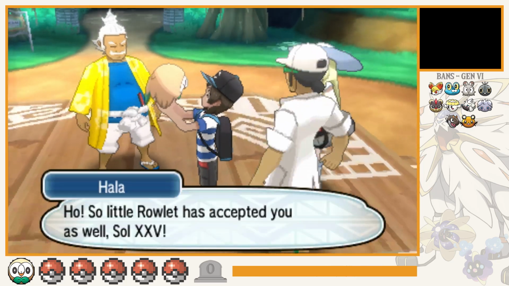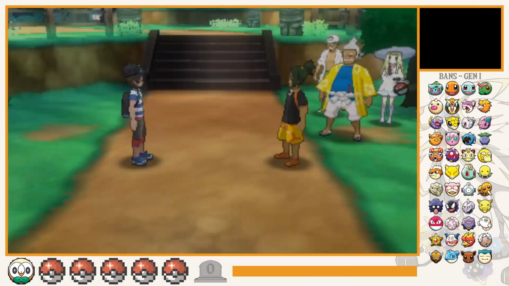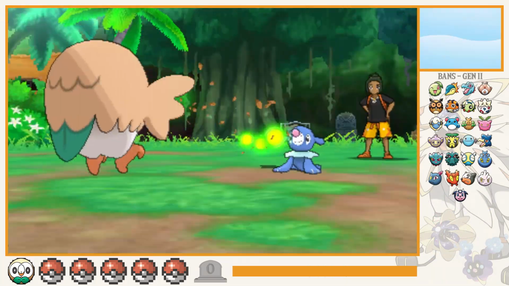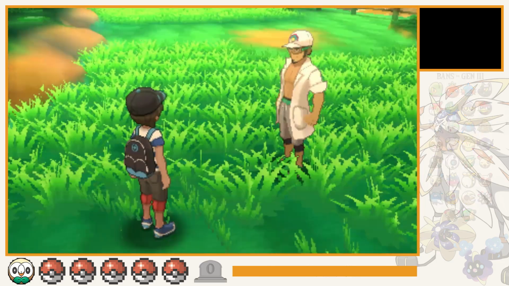With a starter in tow though, we get our first introduction to our rival, Hao. He's a pretty chill guy, embodying the relaxed aura of the region. And he has Poplio, meaning Deadshot secures us an easy first victory in battle against him. Kukui himself gives us the catching tutorial and provides us Pokeballs, getting the run started with a level cap of